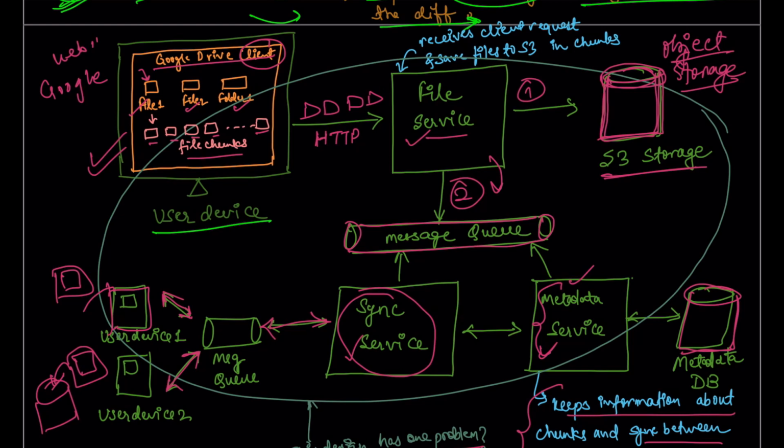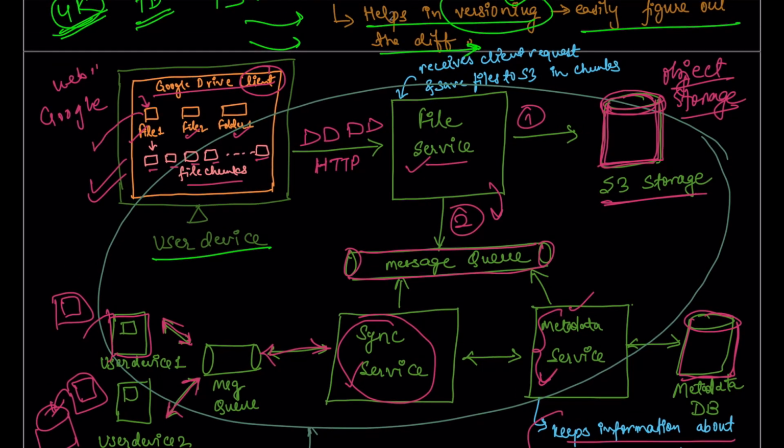Let's say in some scenarios, only the file path is updated. The file was moved to, let's say, another folder, so you don't need to update the file itself. You don't have a requirement to upload the file again to the file service. It doesn't need to be stored to S3, right? So the client can figure out that there was no change in the file,